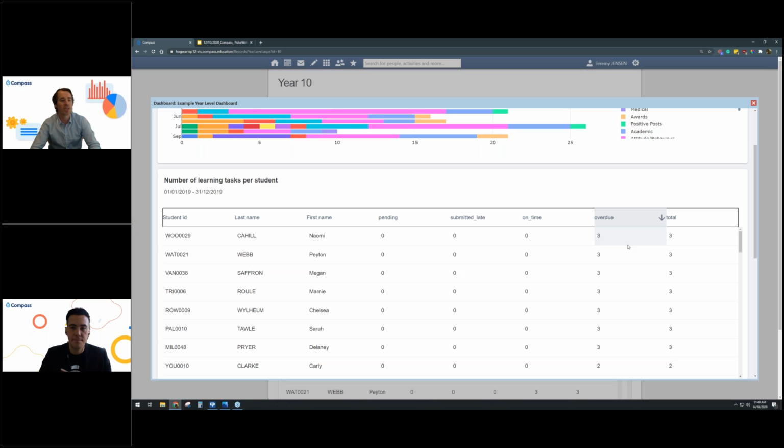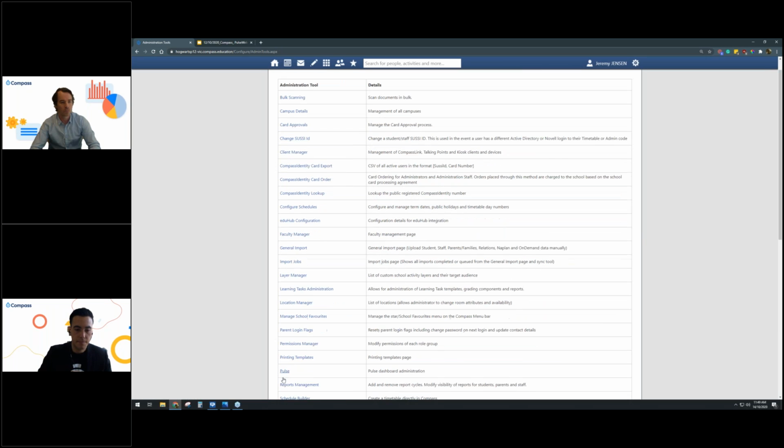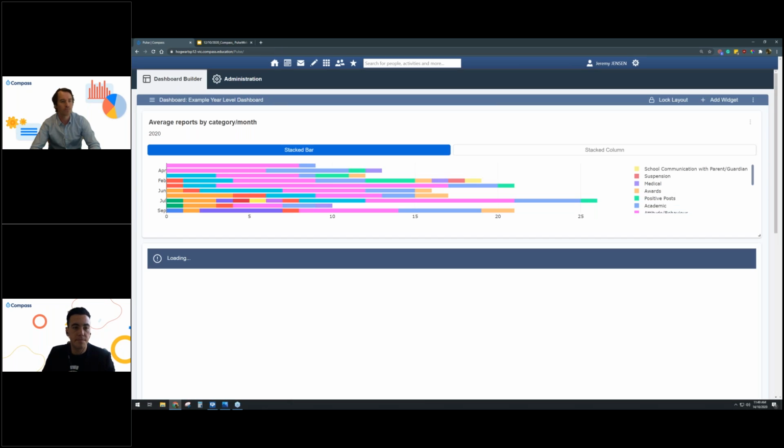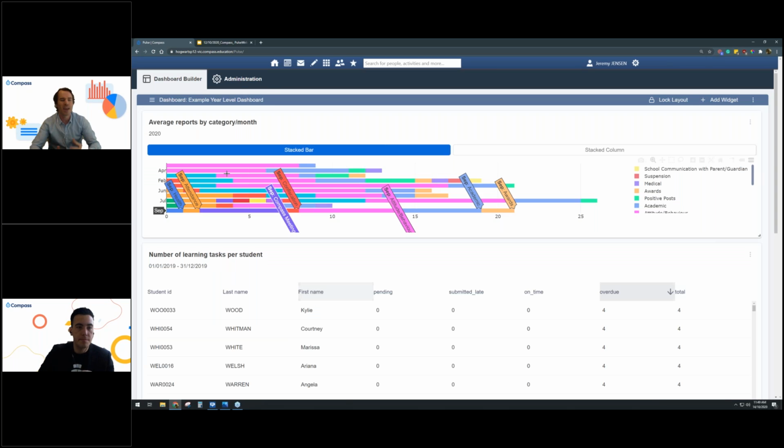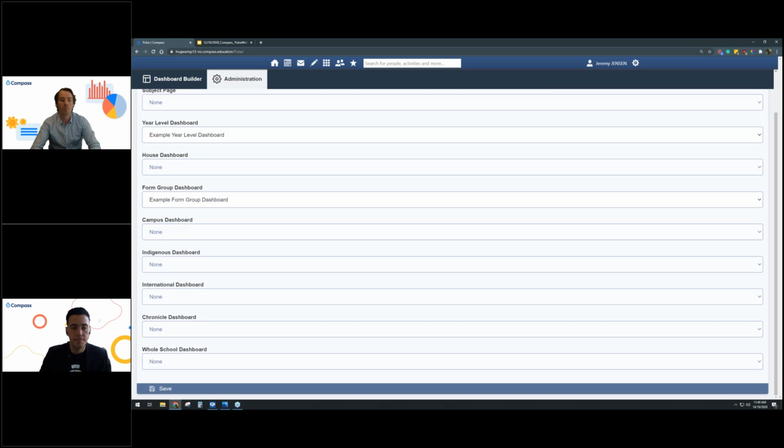So Jeremy, if you jump back into Pulse and then go to the administration tab, we can quickly show the different areas that are available. So not every widget works in every different context. So you can see we've got class page, subject page, house here, campus dashboards. So for multi-campus schools, the campus dashboard will be really important. And then just jump back to the dashboard builder tab